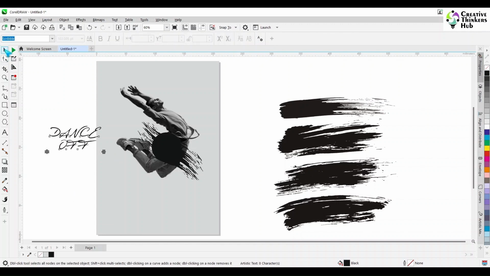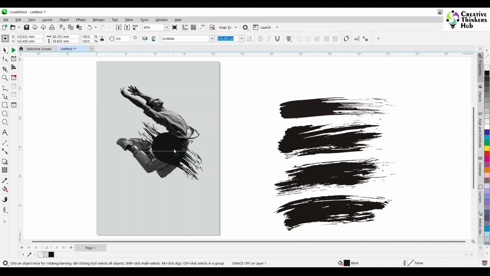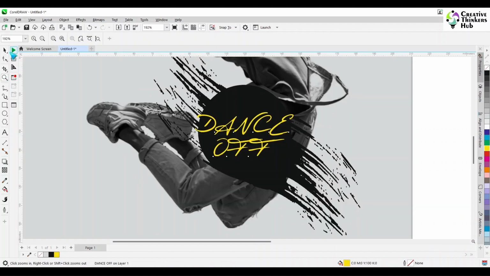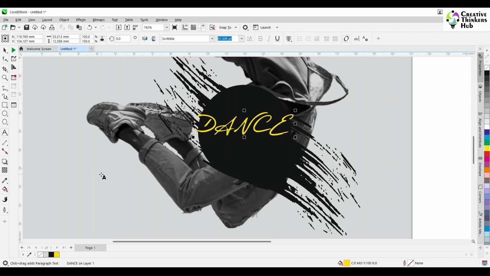Okay, it looks like a dancing font, so we use that. Adjust the size and give it a highly contrasting color against black. So we separate both of them,